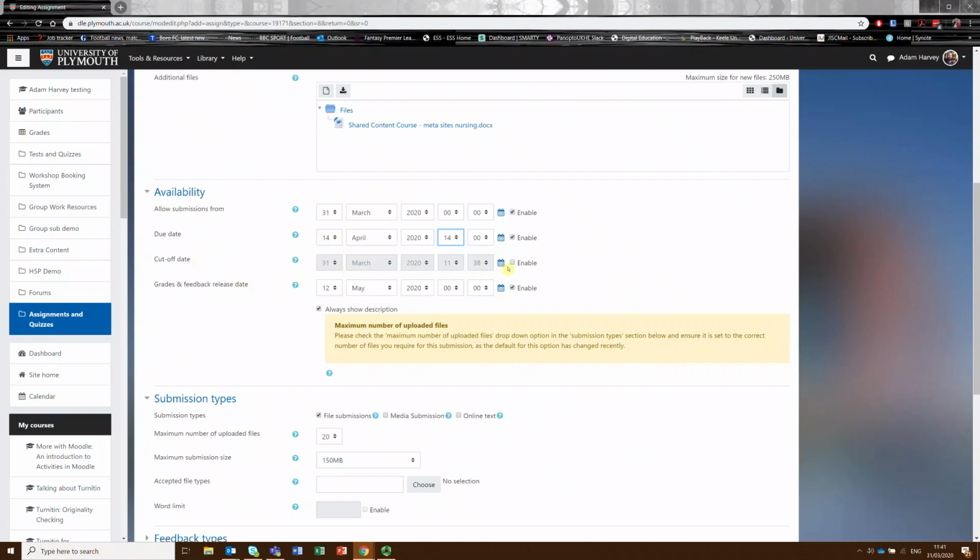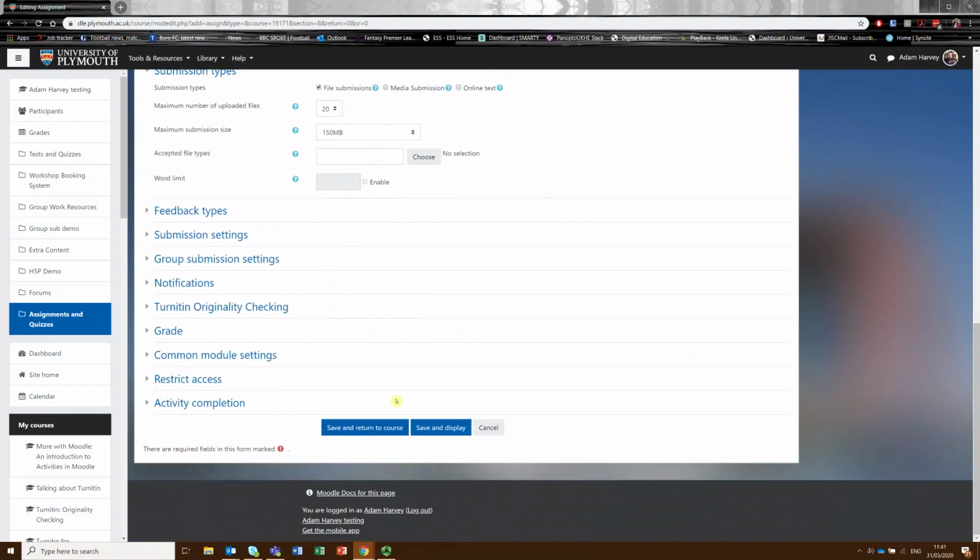If we do want to set the cut-off date, we can, and that will simply need to be matched up with the point at which we do not want any more submissions to go through. So normally that's going to be at the same time as the due date, or if you were going to allow some wiggle room, maybe a couple of days after the due date. But for this example, we're just going to match them up. And you can see if we save and return to course, that assignment is ready, and that is how a traditional